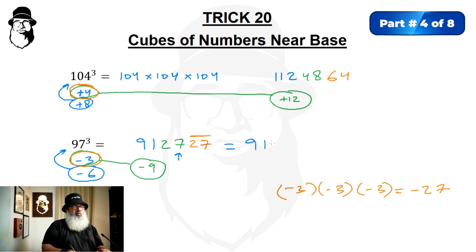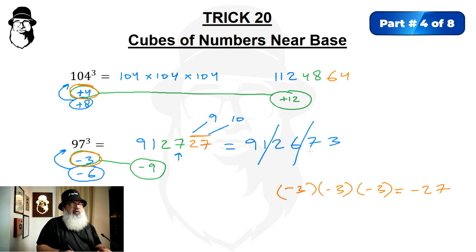So 9126, and then we do the formula all from 9 and the last from 10. 2 from 9 is 7, and this 7 from 10 is 3, and that is our answer. This is part 1 actually. This is part 2, 26, and this minus 27 or bar 27 will become 73, and we decrease 1 here. So this is our final answer,